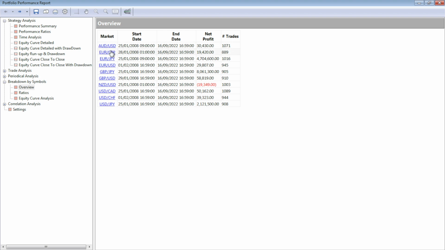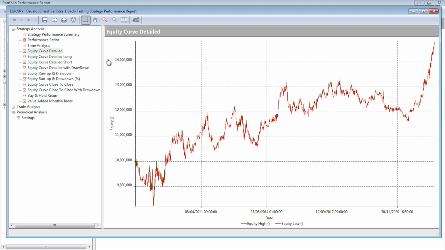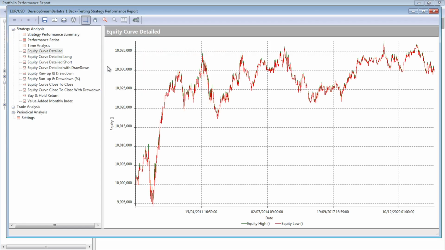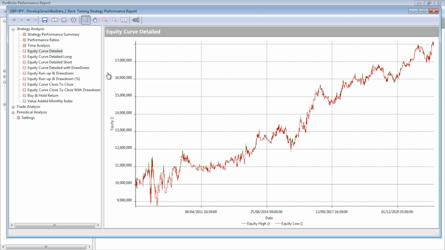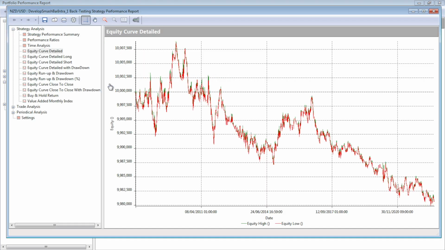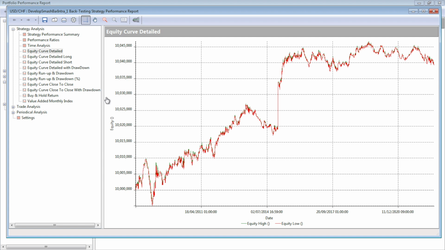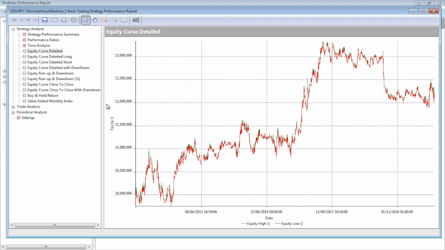So that was Australian dollar, US dollar, euro pound, euro yen, euro dollar, pound yen, pound dollar, New Zealand dollar, US dollar. We can see this one does make a net loss. Oh, and we can see why. US dollar, Canadian dollar, US dollar, Swiss franc, and US dollar, Japanese yen. Of course, you can pause the video if you want to have a better look at any one of those